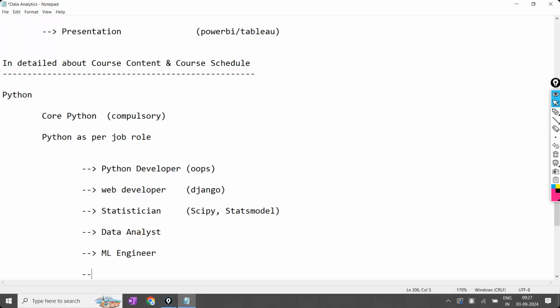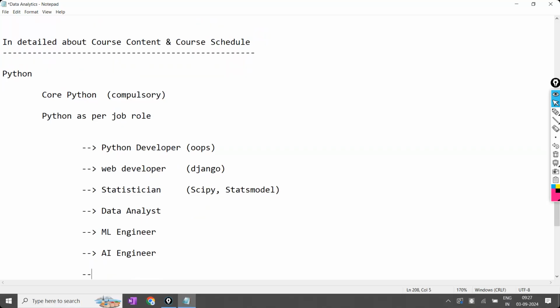And next, coming to AI engineers, what are AI engineers? And data scientists. Like this, different people are going to use Python in different ways.